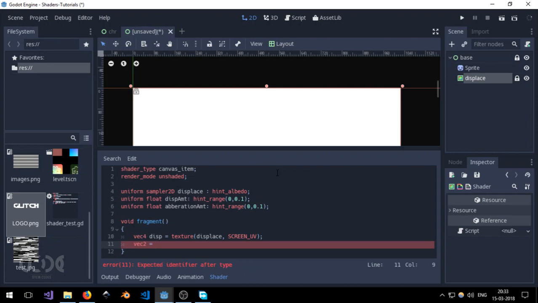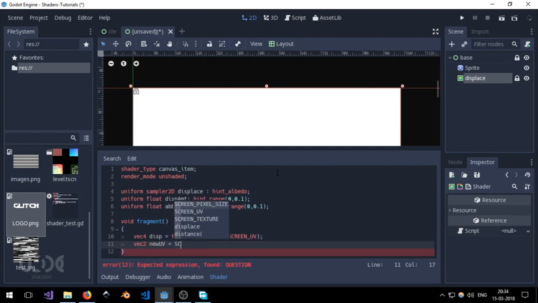Let's call it new UV and set it equal to screen UV into disp.xy into disp amount,